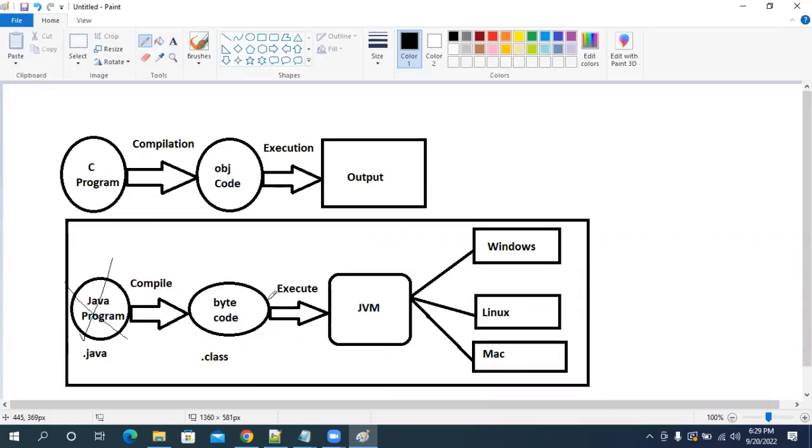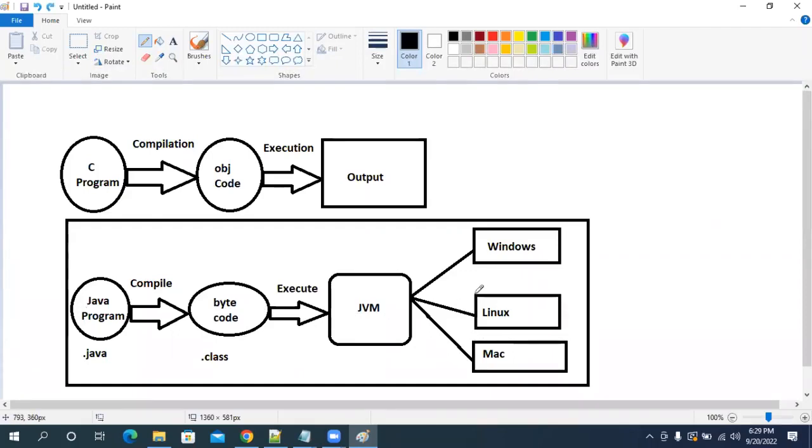Who is converting the bytecode into machine understandable format? The JVM. What is the full form of JVM? Java Virtual Machine. How do we get the JVM? Can I go to a shop and purchase it? Whenever you install Java, the JVM will also be installed. Last row, are you concentrating? Whenever we execute this Java program, the JVM will convert the bytecode into machine understandable format.